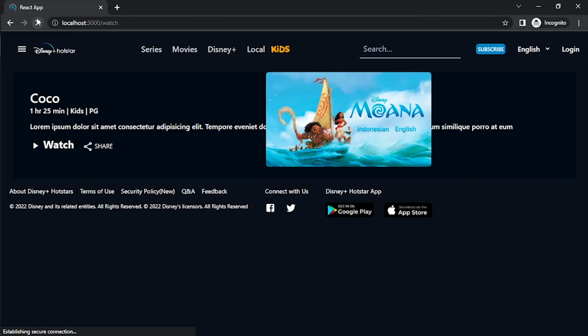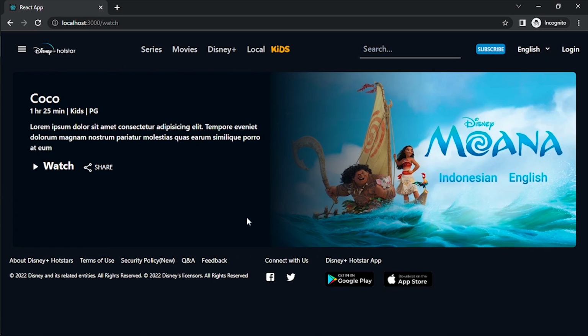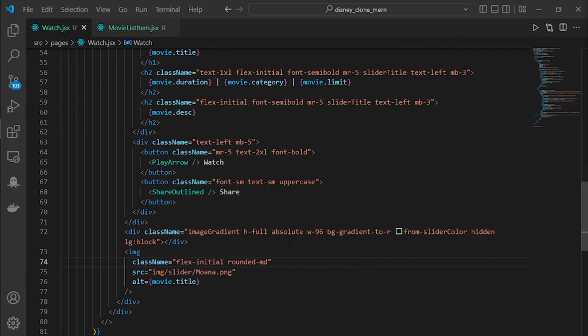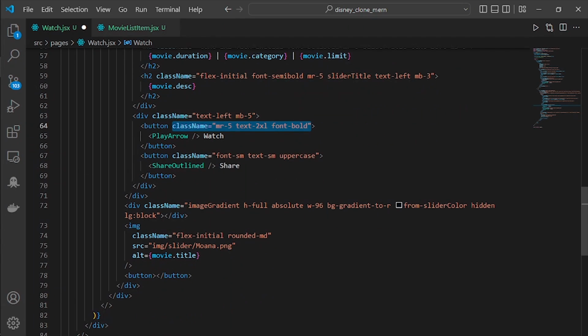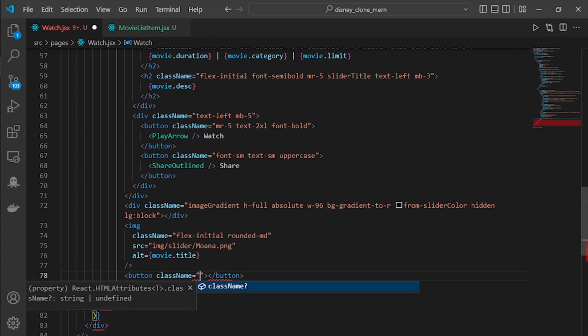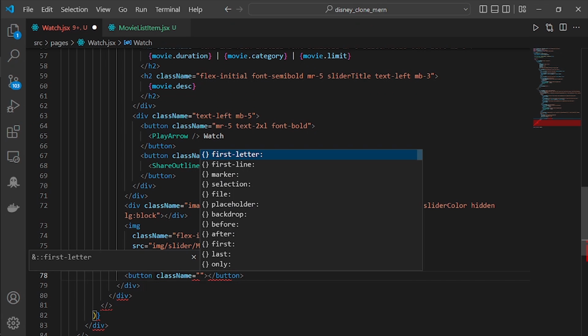Let's refresh the website one more time. And as you can see here, we got a similar version of the movie slider, but in here we got the watch button and the share button. After that, we are going to create another version of the button. This button is the same as this one. The class name is the same as the watch button, but this one is just going to appear when it is in